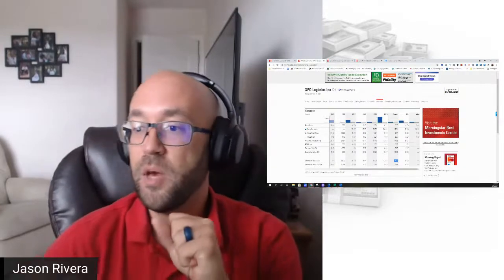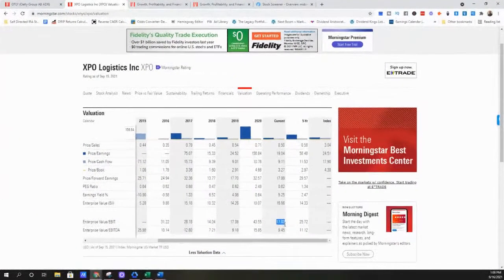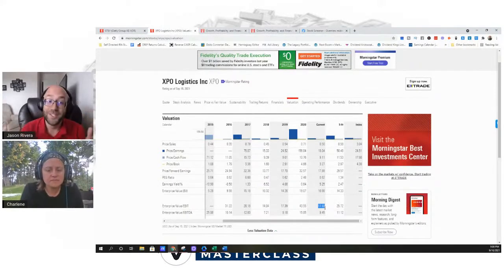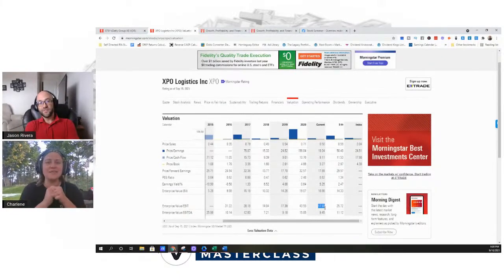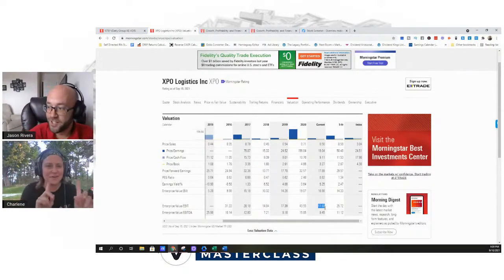This number here, enterprise value to EBIT. This is enterprise value to operating income. This is a far more important number because enterprise value includes cash and debt. Market cap does not. Market cap is just the share price times the number of shares outstanding. It doesn't include debt or cash. As a total business owner, I want to know what a company's debt and cash are. And that makes sense. 99% of all companies on earth have cash and or debt. This is a very important number. And the ones that say they don't have any debt, I'm like, okay, you're either way too new or you're past 10 years, but you're not in the middle.